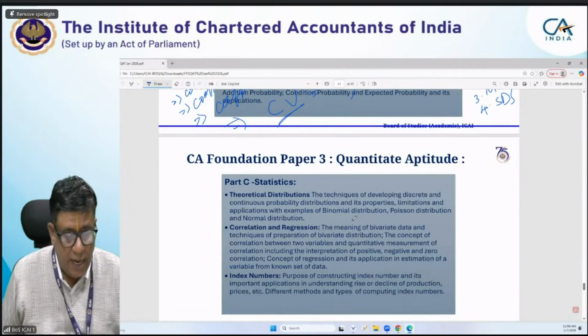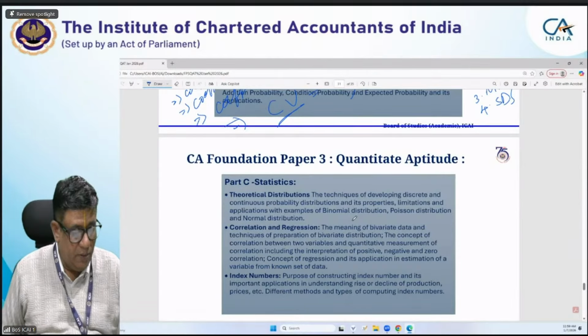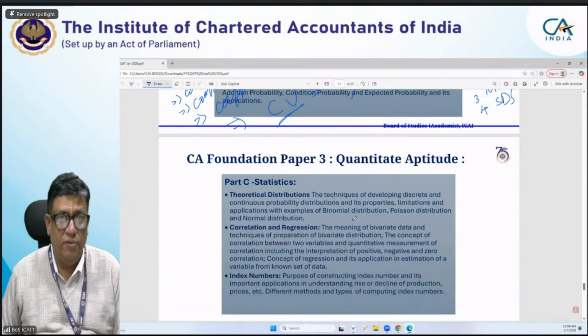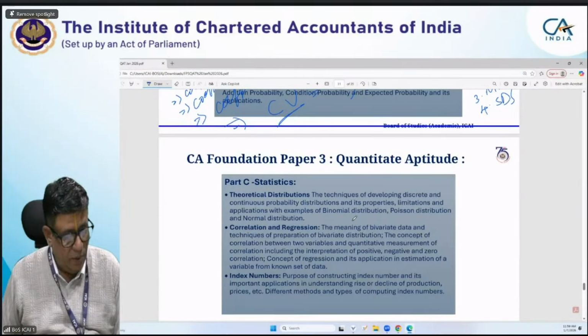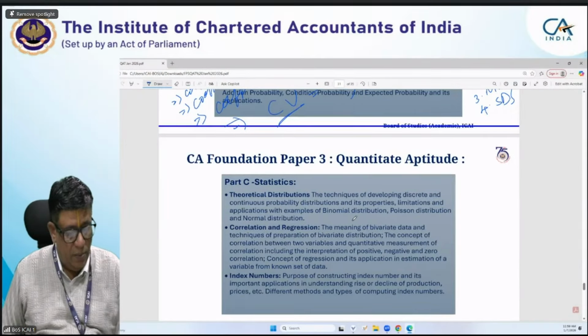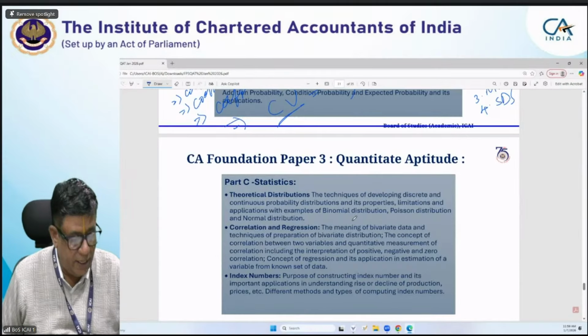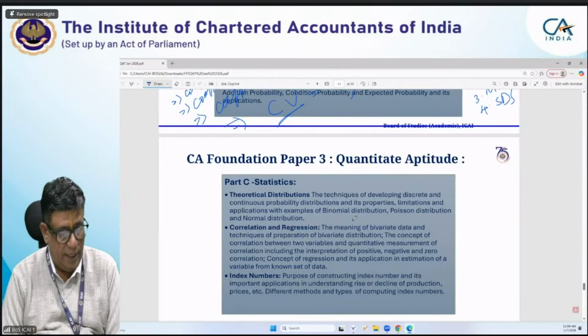industrial production activities. Issues generally involved in the production of index numbers: selection of data, base period, selection of weights, use of averages, choice of variables also. And when we come to index numbers: simple index numbers, weighted index numbers, unweighted index numbers. Unweighted are the simple, weighted are the simple aggregative index numbers.